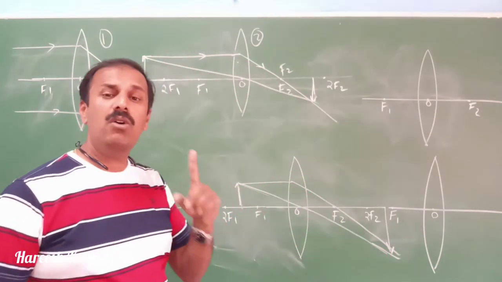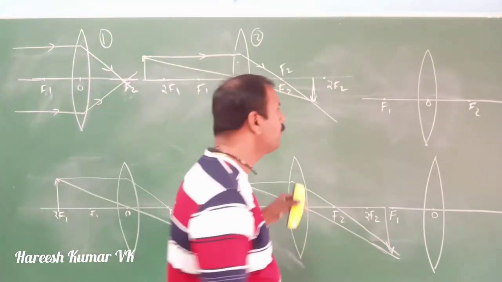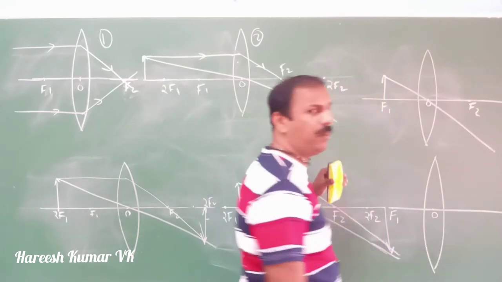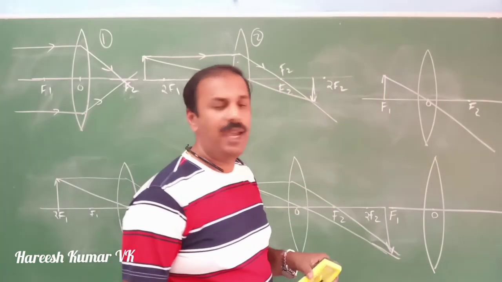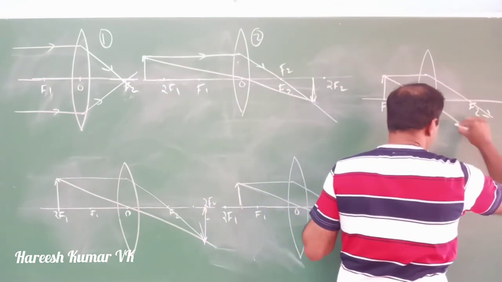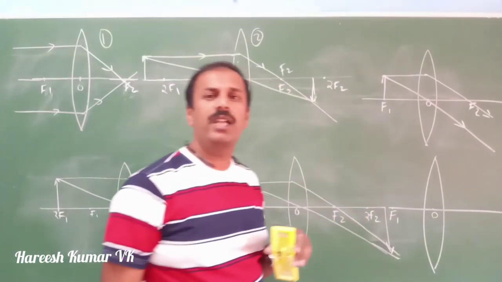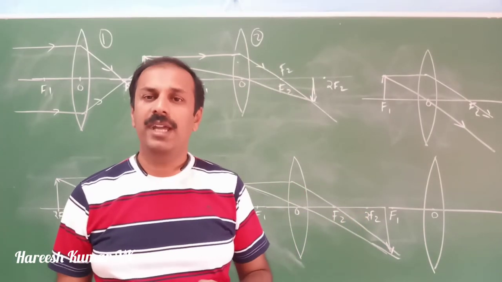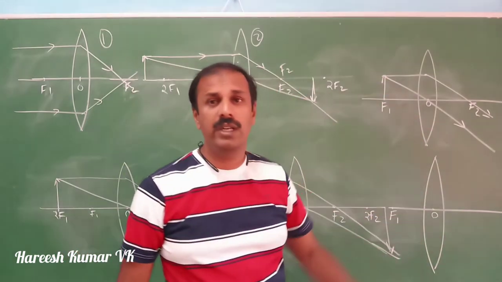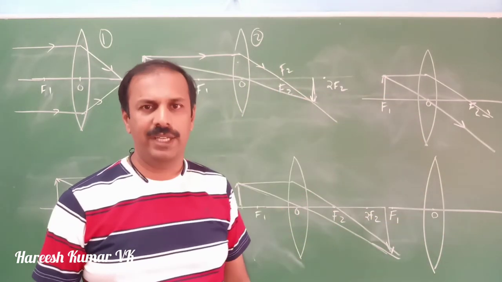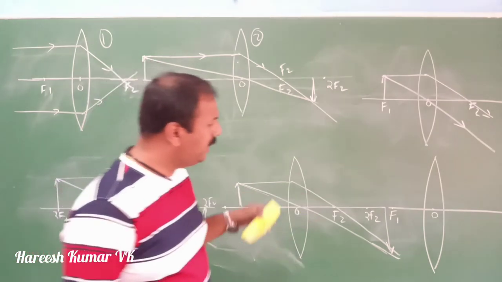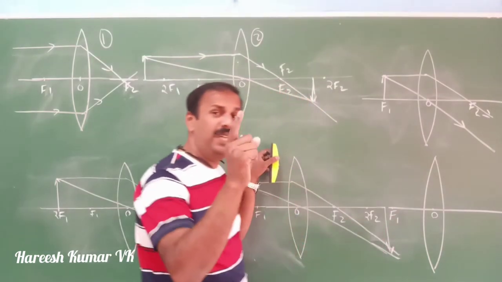Now, when the object is at the focus, if you know about the mirror, you can guess what will happen. One ray will go like this, and another ray coming parallel here will also go parallel to this one. If two rays are going parallel, we will get a real image at infinity. It is going parallel, so you will get an image at infinity. Now the last case, where the image was between P and F.